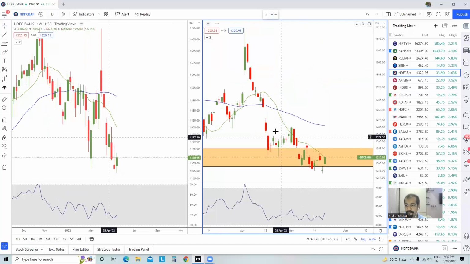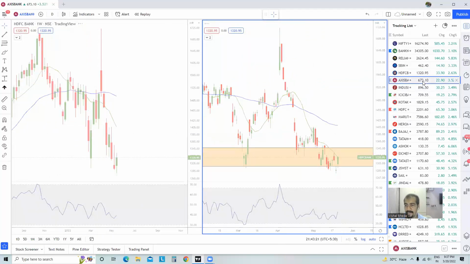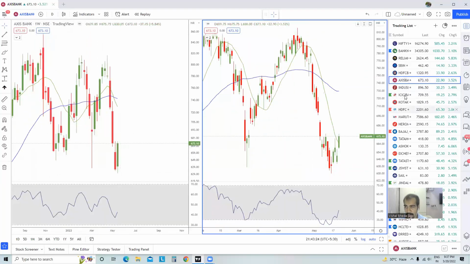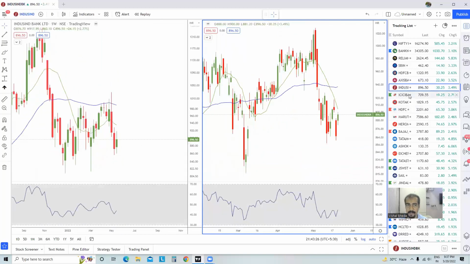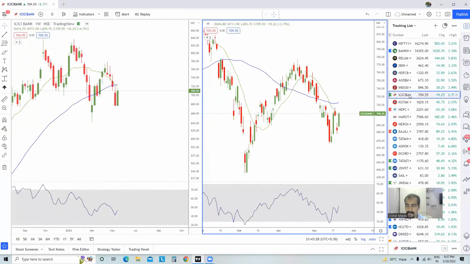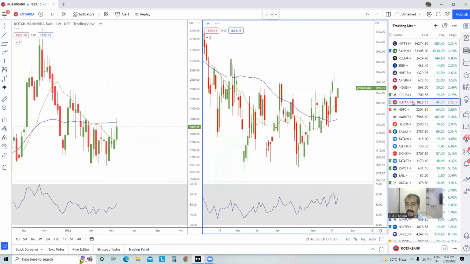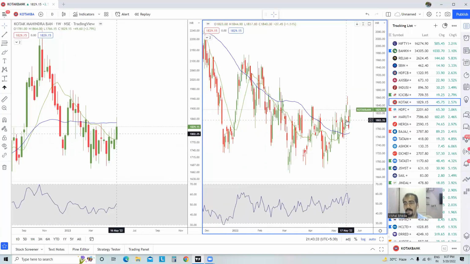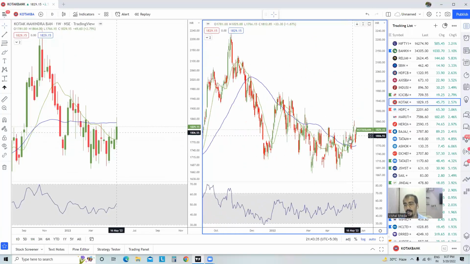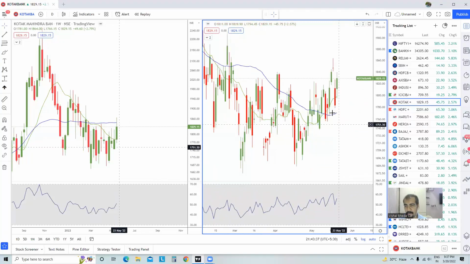And Axis Bank, even it's trying to pull back. Each and every private bank, if you see, this is IndusInd Bank, ICICI Bank is trying to give a pullback. Kotak Bank, I think it's the only one bank which is trying to fight the bears, and it's not letting